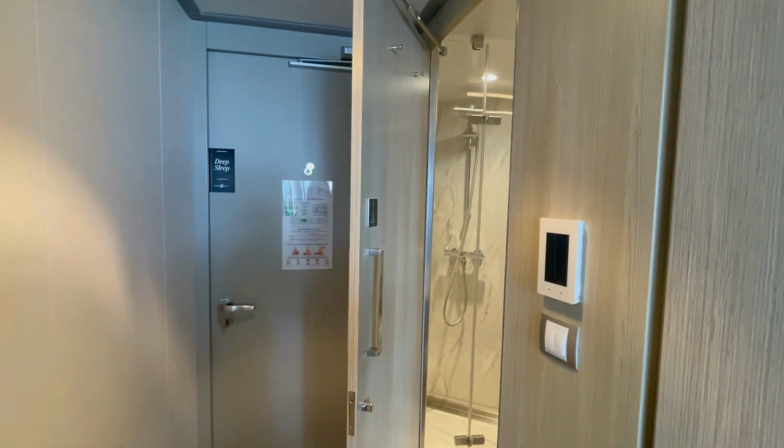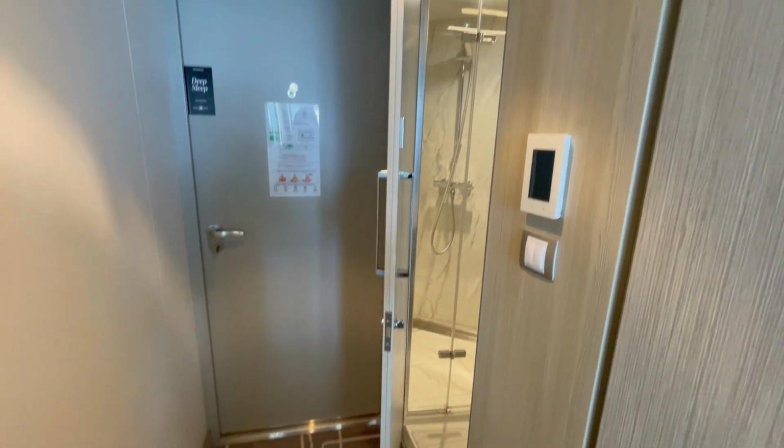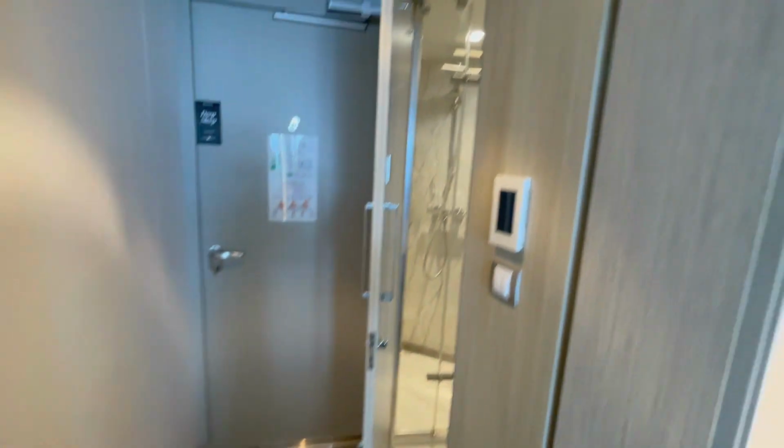Oh, look, the door's closing on its own. It's a ghost. It's a phantom cabin. I'm okay with that as long as it's a friendly ghost. Just kidding. I mean, not, but...